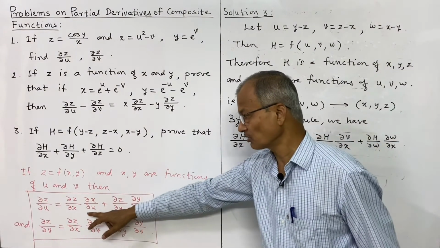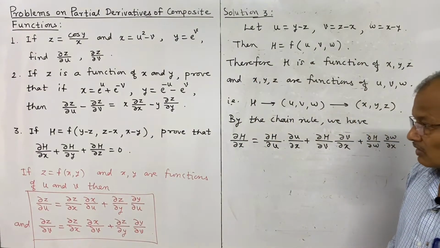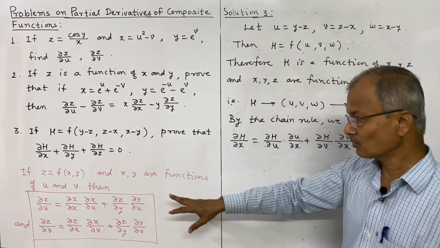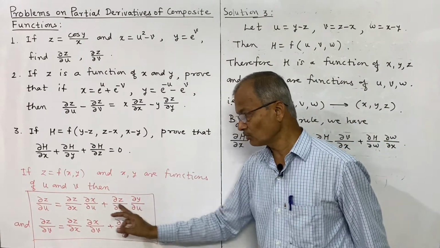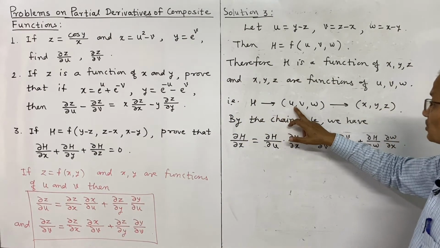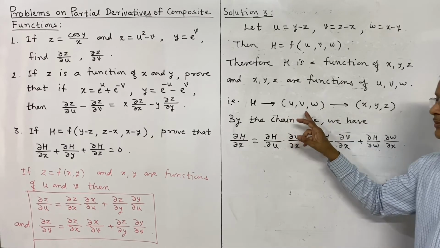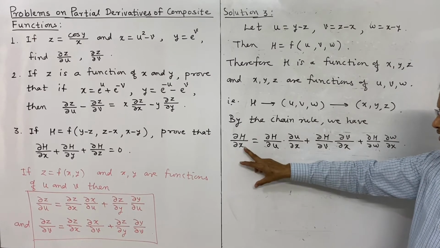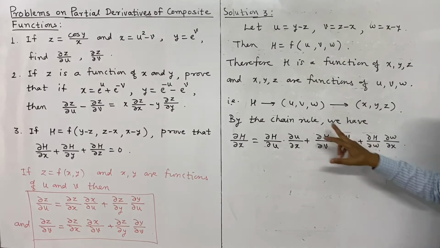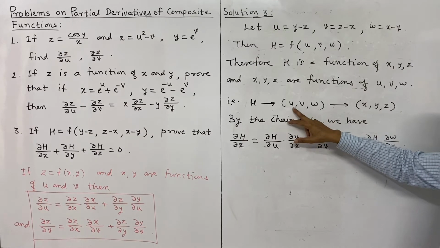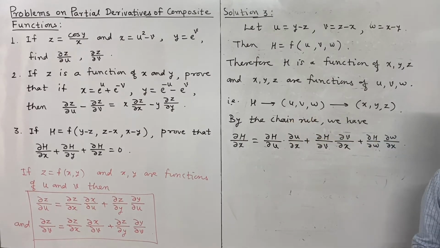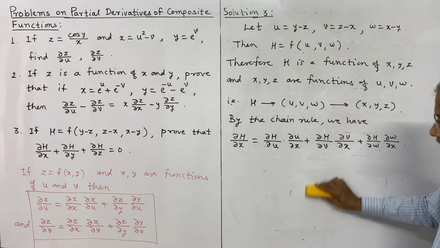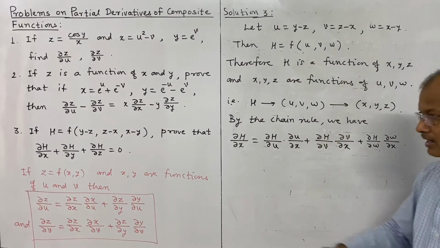Actually this is the extension for this chain rule here, because here z is function of two variables x, y, and x, y are functions of two variables u and v. So therefore there will be two terms, but here h is function of u, v, w, and again u, v, w are functions of x, y, z. Therefore in this derivative, partial derivative of h with respect to x, there will be three terms corresponding to these variables u, v, w, and now we shall evaluate this, and then we will evaluate what is dou h by dou y and dou h by dou z.